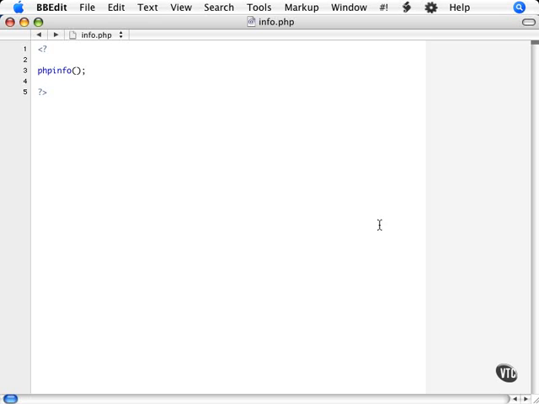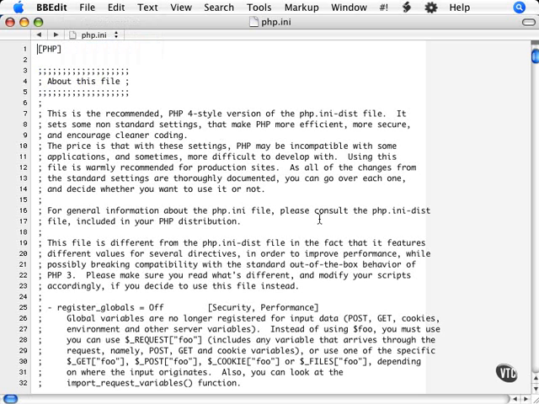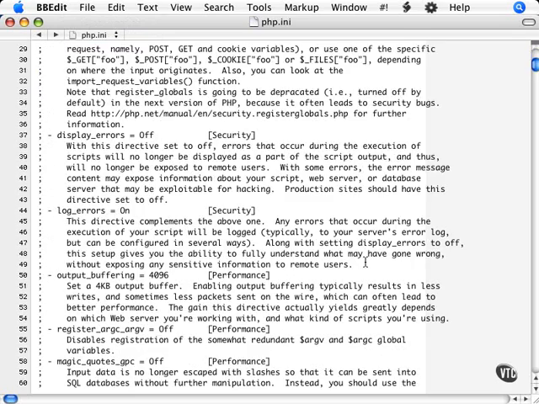Now, to finish off, I'll show you a quick peek at a typical PHP INI file. In this file, lines that are comments or